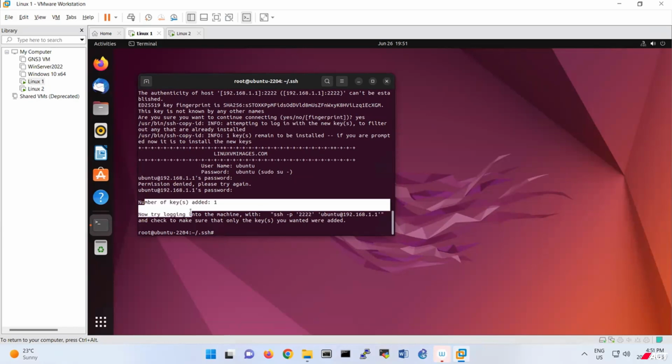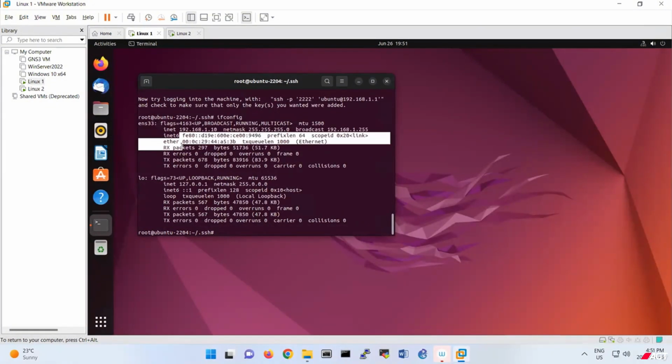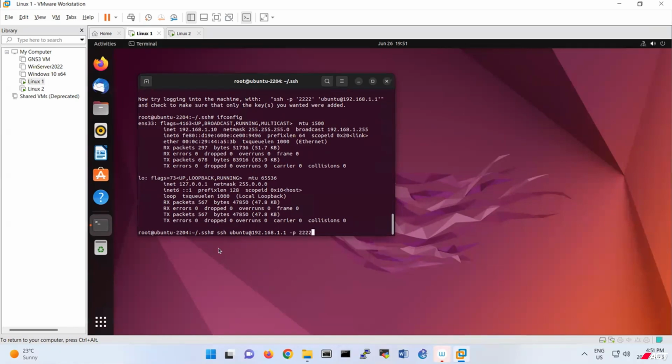Number of keys added: 1. Now try to make sure the key is added to my server. Okay, so how can I verify my connection? Let's check it again. Look, I am in Linux 1. So if I do this command, ssh ubuntu@192.168.1.1 -p 2222 like this,